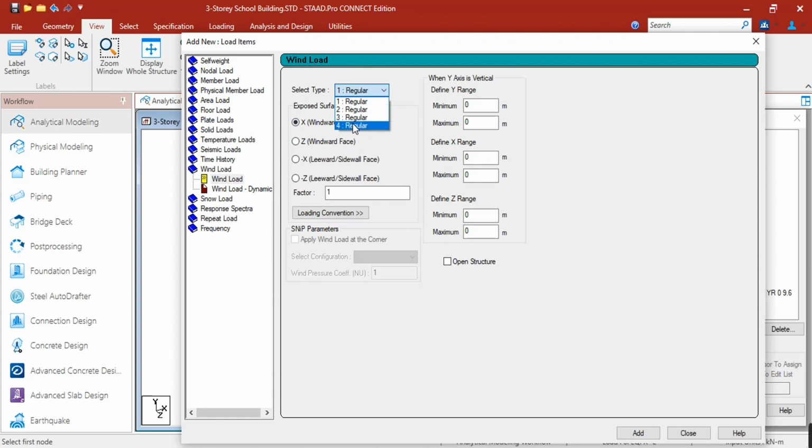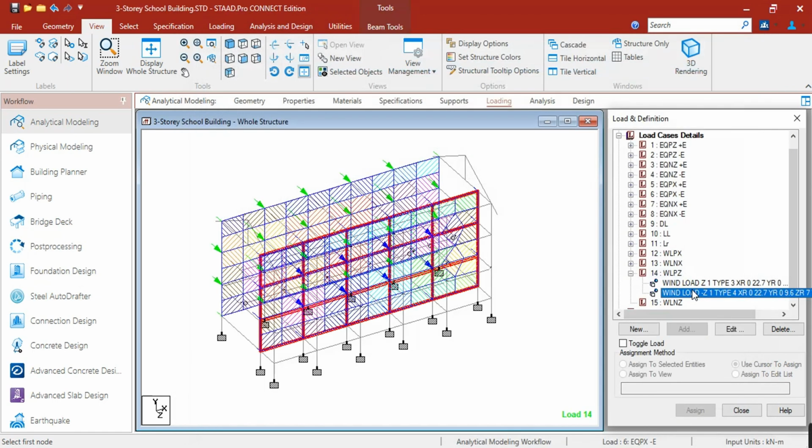Now this is for leeward type 4, Z leeward. The factor is still positive. So Y range is 0 to 9.6, X range is 0 to 22.7, but for the Z range that is 7 and 7. Okay, so this is now for the leeward.